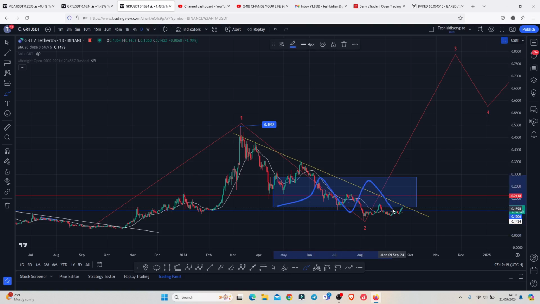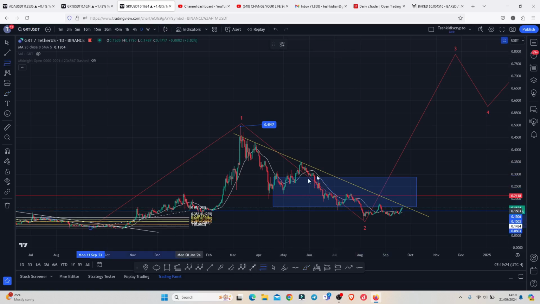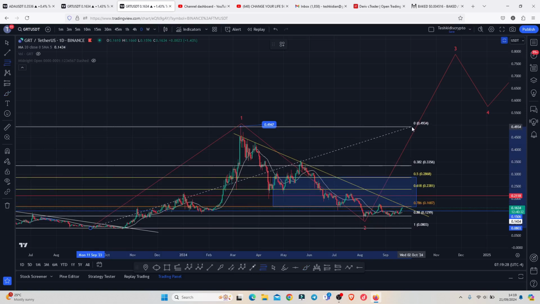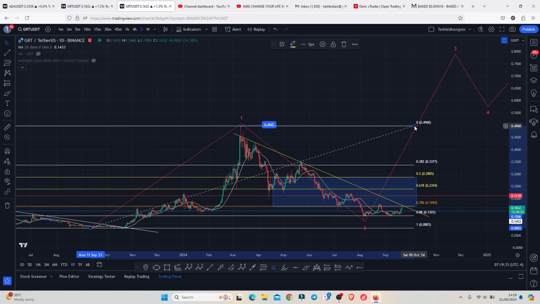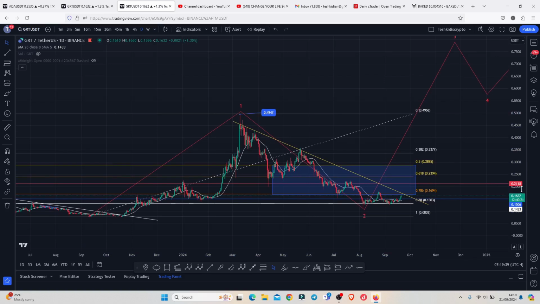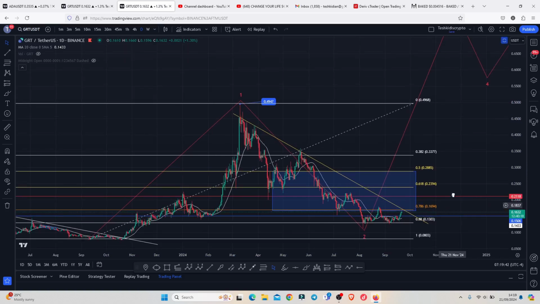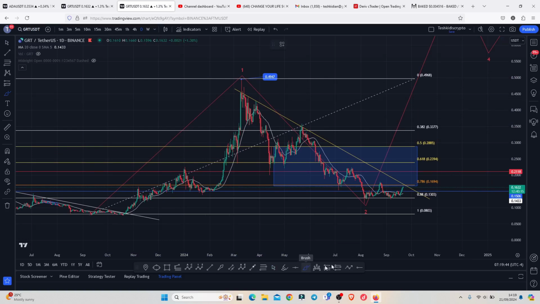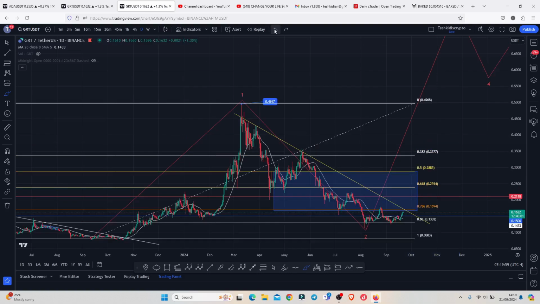an area that I came up with using the Fibonacci, connecting the fibs from the lows that we made down there to the high of that wave 1, giving me a minimum pullback target area between the fib level 0.5 and the fib level 0.78, which is an area that we have now fully maximized. And you can see that at some point we had lost the fib level 0.78, but the last line of support, which is the fib level 0.88 that lies above the 0.1303, has continued to hold the support, and there are high chances that we have now bottomed out in this wave 2,